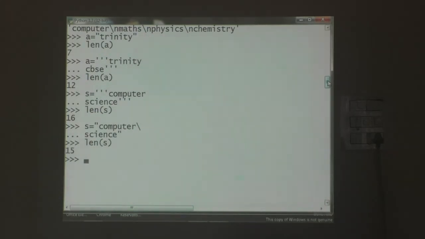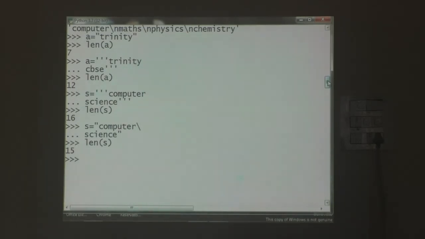What will happen? 15. Here, we are not going to count the backslash character for the size of the string. Did you understand, students? The backslash character is not counted.